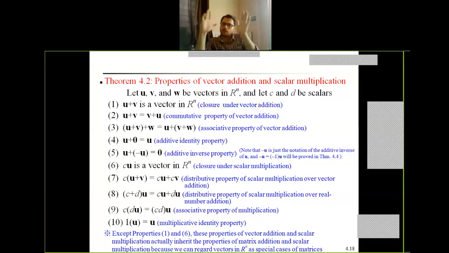So the 0 vector is not having any magnitude, and it is not having any direction, so it is nothing but just a point. If that point is kept on the head of the first vector, that is u, it is not making any change to that vector u. And obviously, since it is not having any direction, it is also not changing the direction of vector u. That's why u plus 0 will be equal to u, and this is called additive identity property.